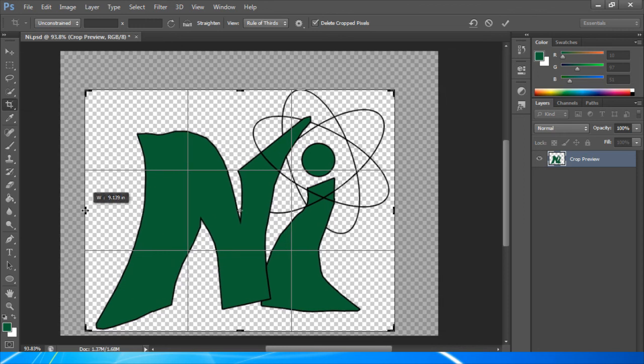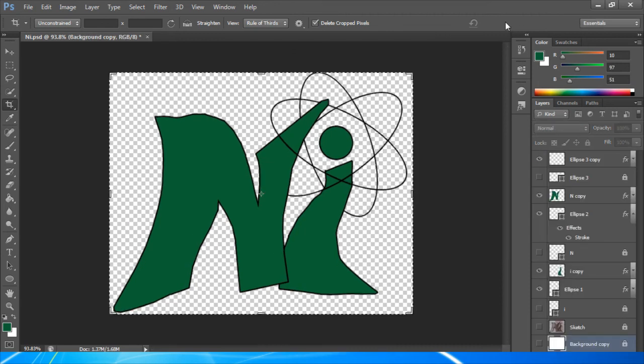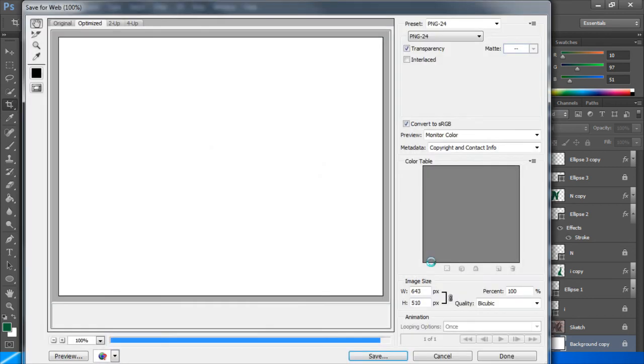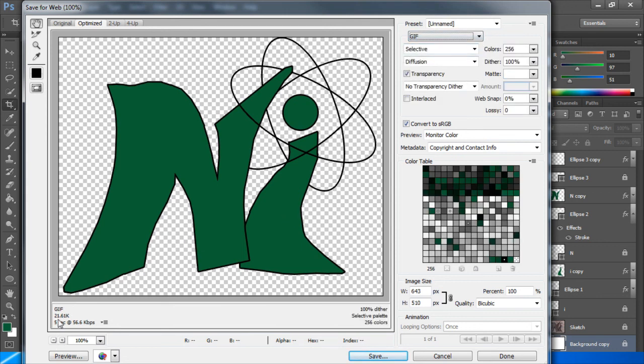And that will save you some space. So we're going to hit OK, and there we go. Now we've cut out quite a bit of data, reducing the file size. And now we've also cut out our background copy. Now in the PSD, all we've done is take out its visibility, so you just can't see it. The data's still there. But when we save this for web, it's actually going to significantly reduce the file size because there's no actual pixel data there. Or, well, technically there is transparent pixel data, but